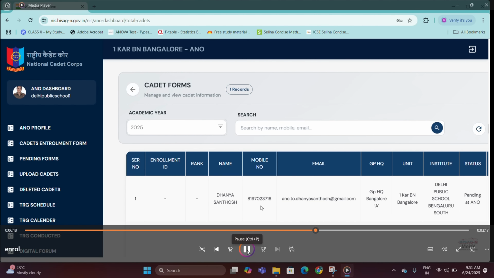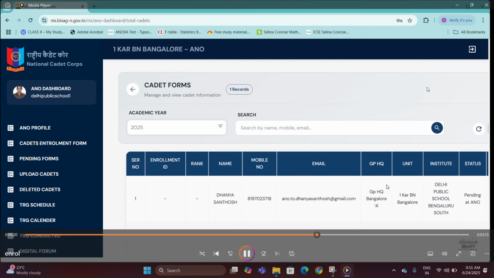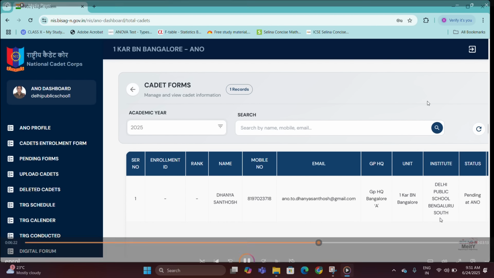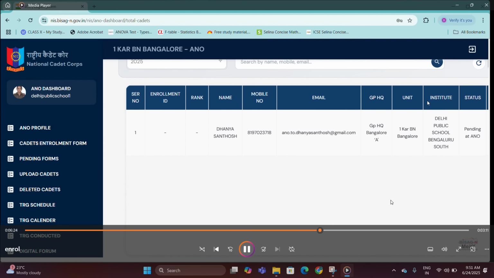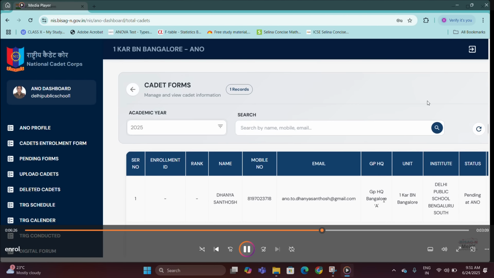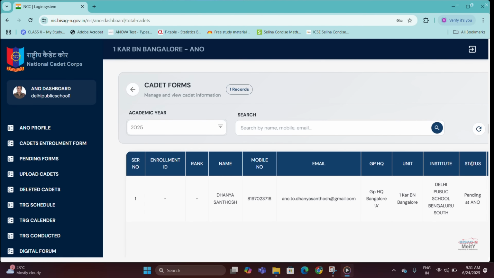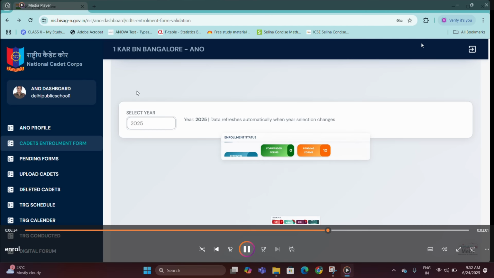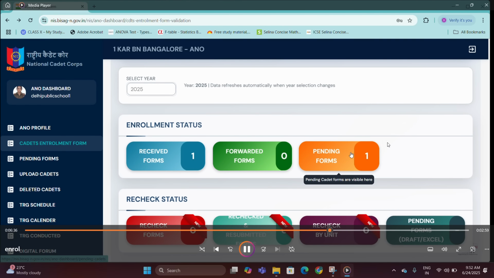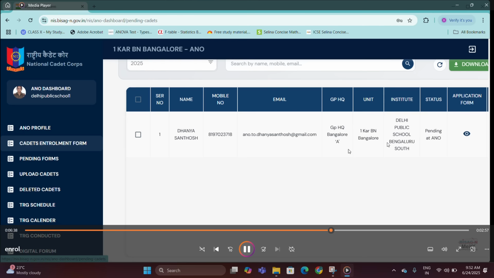It will give you a list of forms which is available, visible in the NIS dashboard. But you can't edit here. So what you need to do is go back to the pending forms. Click on the pending forms. Here you can see pending form 1. Click on there. It will take you to the